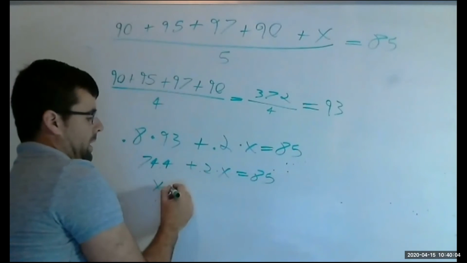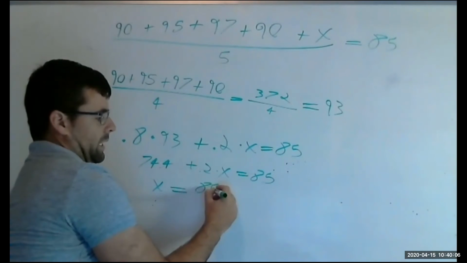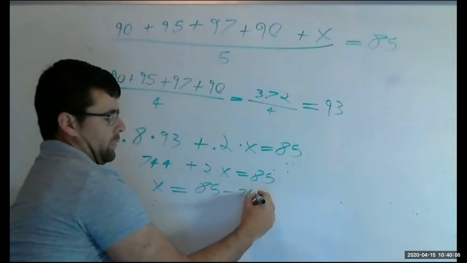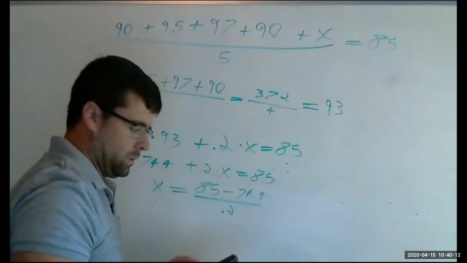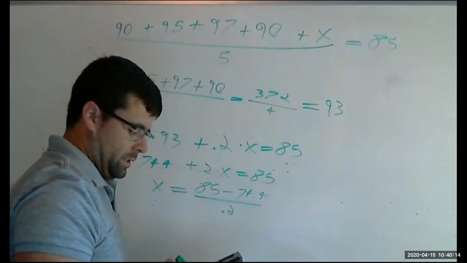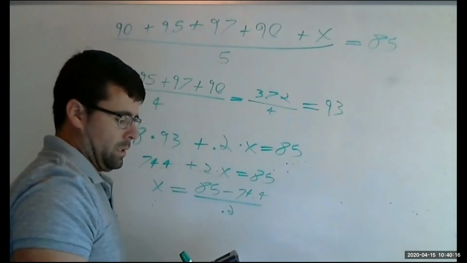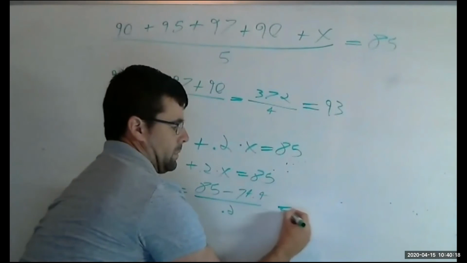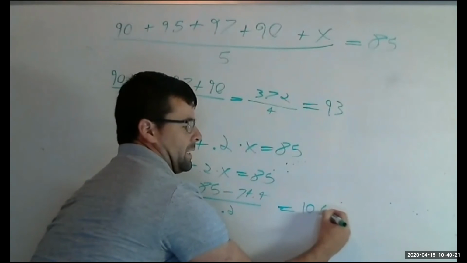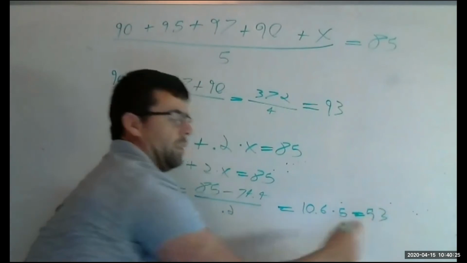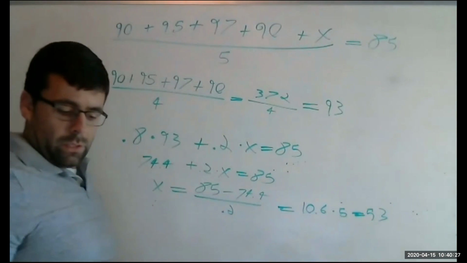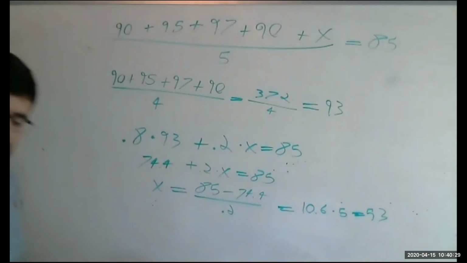So X equals 85 minus 74.4, which is 10.6, times 5, 53. So this is how this